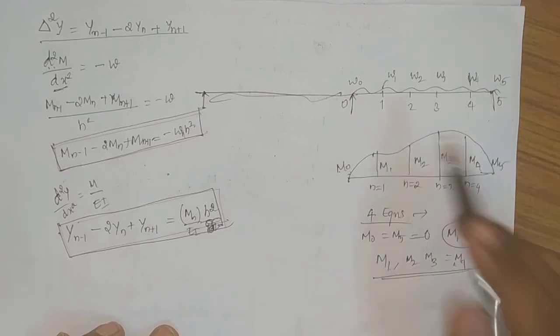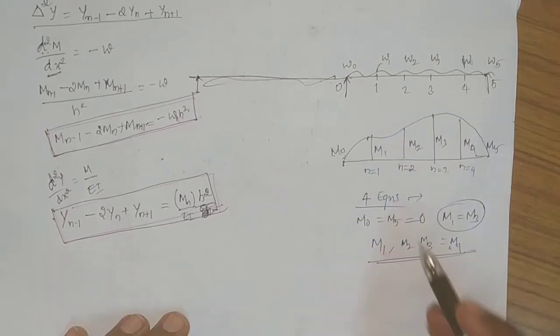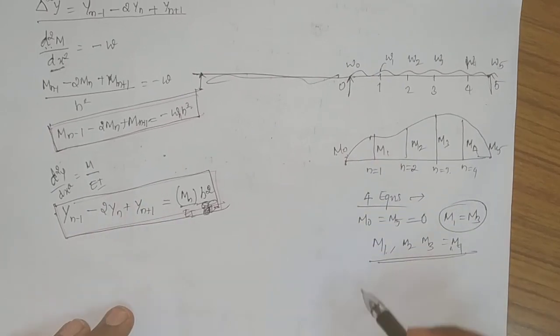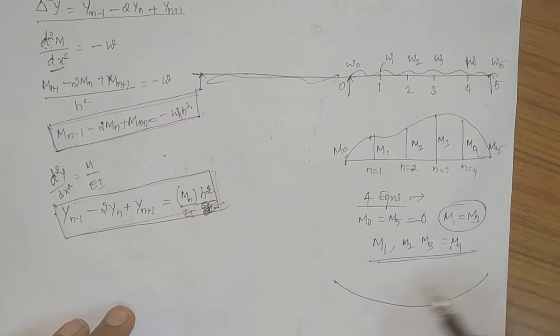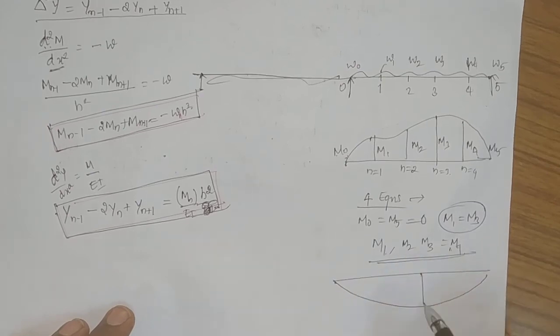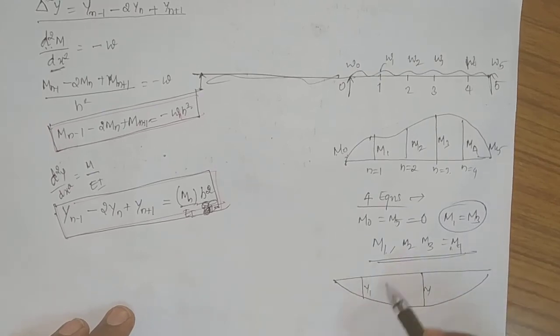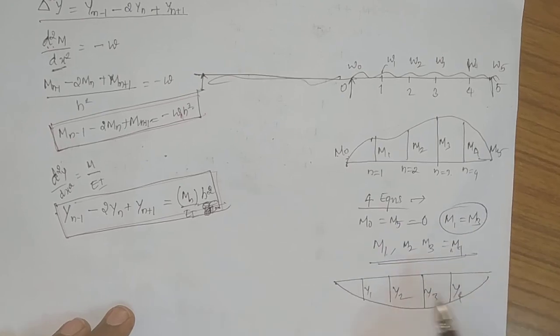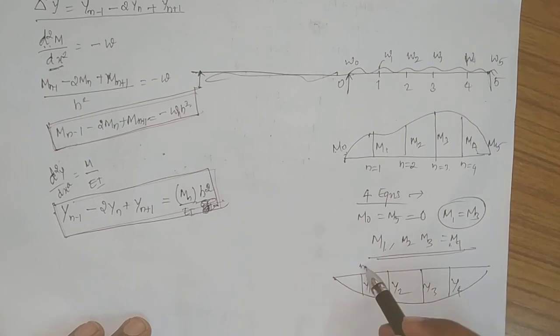Similarly, in the case of finding the deflections, you need to assume the deflection values as y1, y2, y3, y4, etc., and apply the equation where n is equal to 1, n is equal